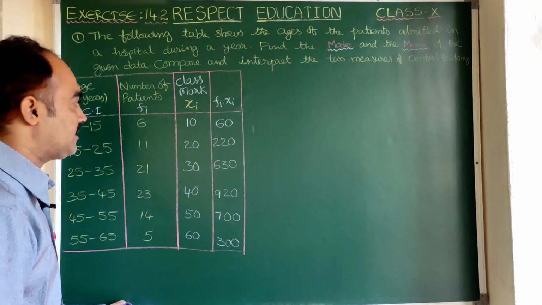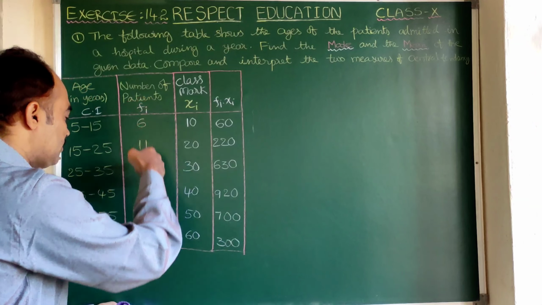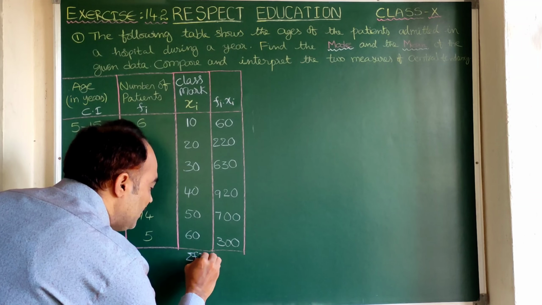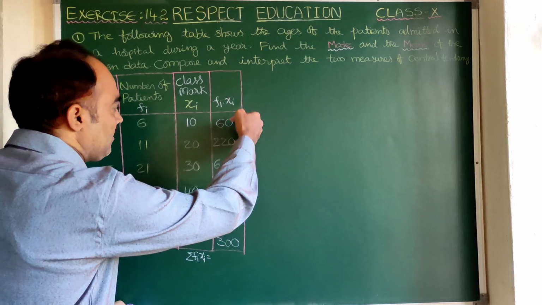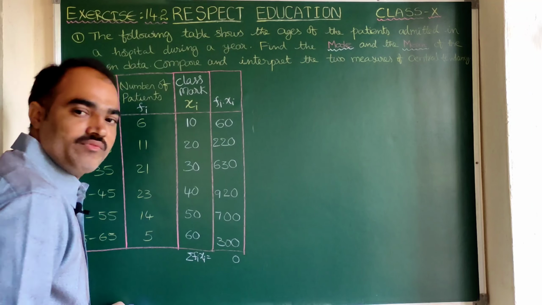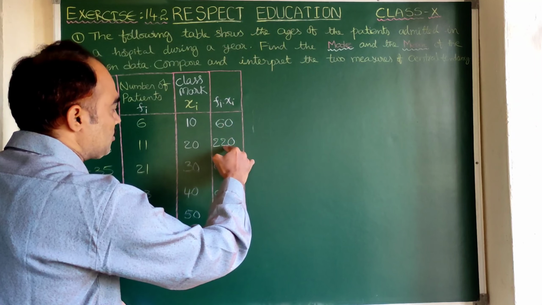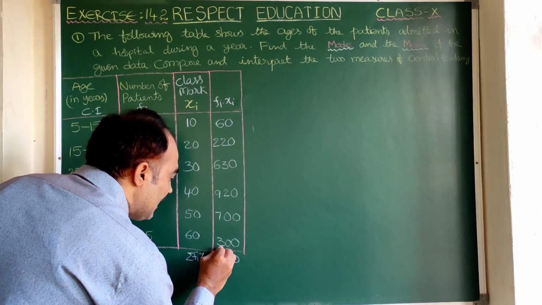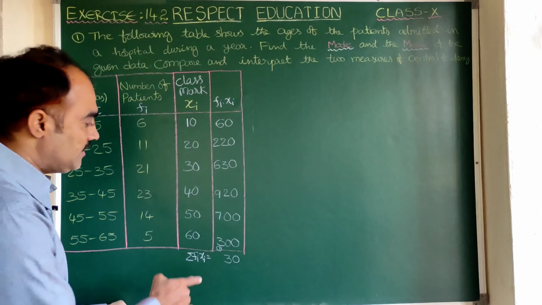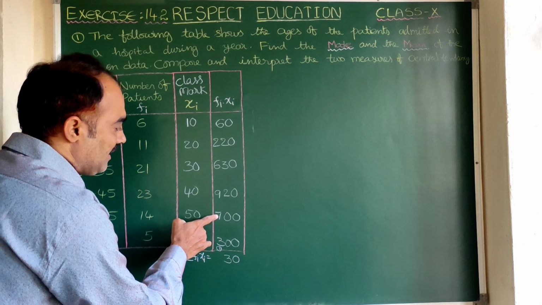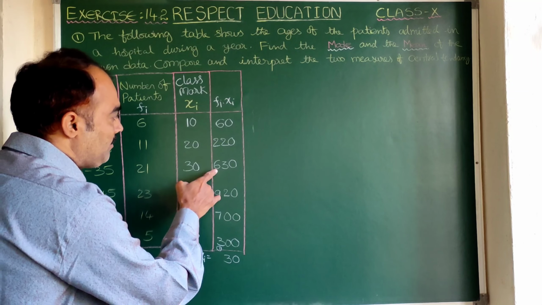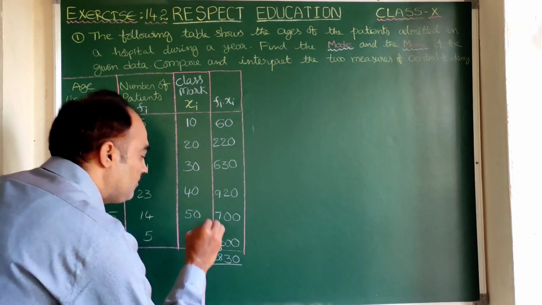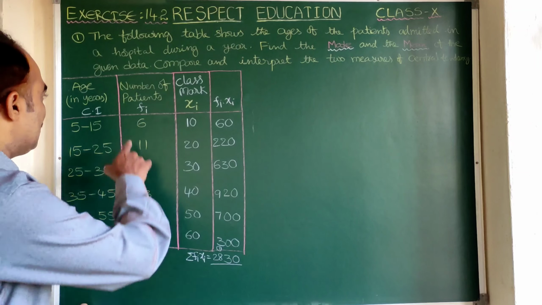Now by using direct method we should find the total of Fixi and also total of Fi. So let us write this as sigma Fi into xi. Let us add them. See here all zeros becomes here 0. Clear? Now here 6 plus 2 8. 8 plus 3 11. 11 plus 2 13. So here 3 here and 1 is the carry forward, right? 1 plus 3 4. 4 plus 7 11. 11 plus 9 20. 20 plus 6 26 plus 2 28. So it is 2830 is the value of sigma Fixi. Now sigma Fi.